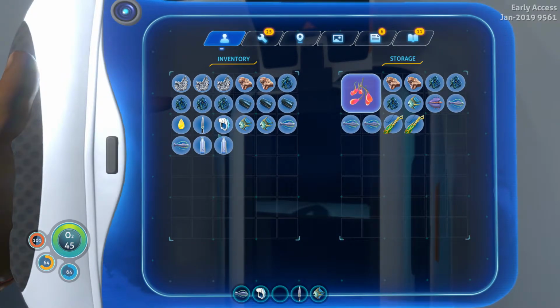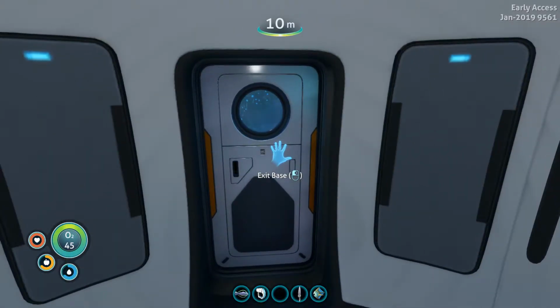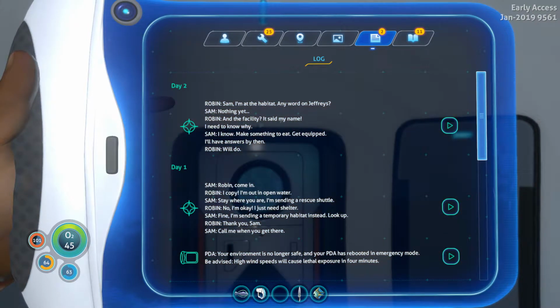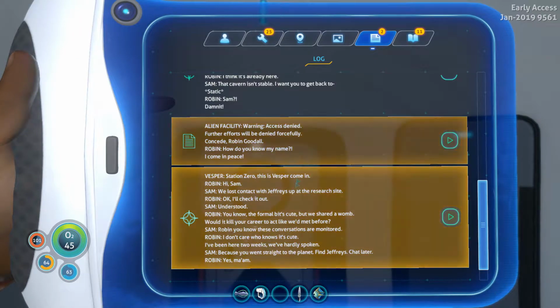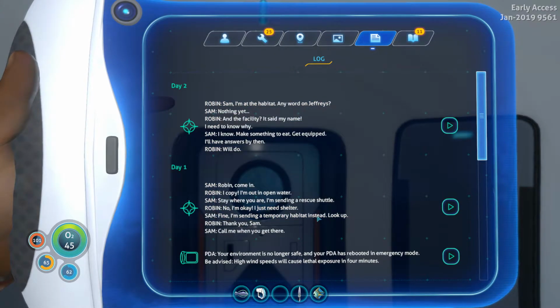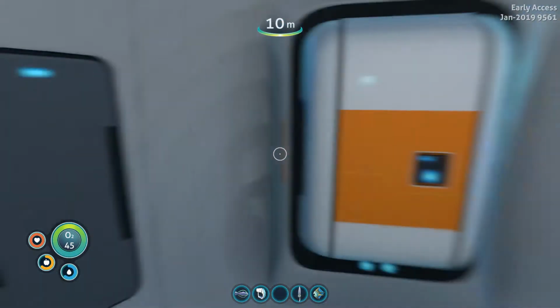Put some stuff away so we can actually have maybe a little bit of an emptier inventory, and we are going to get ready to, oops, sorry about that, to go out and find some more stuff. And let's take a quick look at our voice logs. Okay, that was the last one that we just got, so you guys can go back and of course play all of these if you want to at any point in time. Okay. Oops, darn it, I keep on doing that. I keep on hitting escape when I mean to hit tab,